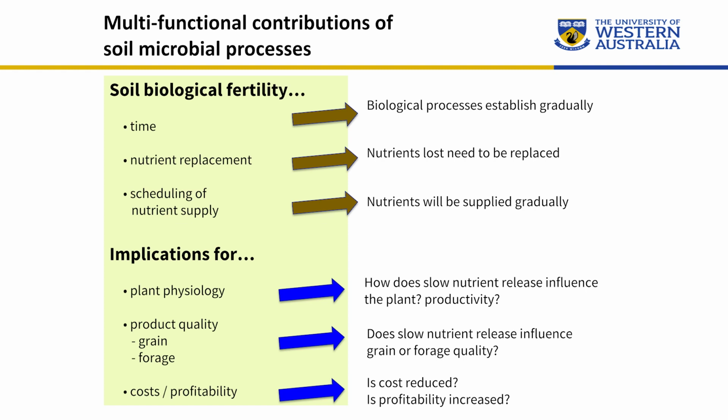So this has implications for a lot of things. It has implications for plant physiology. A plant that's front-end loaded with fertiliser is very different in its physiology to one which is drip fed. It might get a big load at the beginning as well, but the plant is going to react differently. If you have a big overdose of food, you won't feel that good, and if you just eat more regularly, it might be better. It can affect grain production and quality, forage,